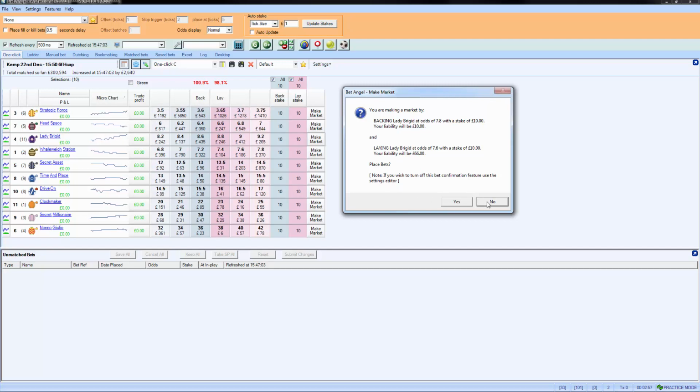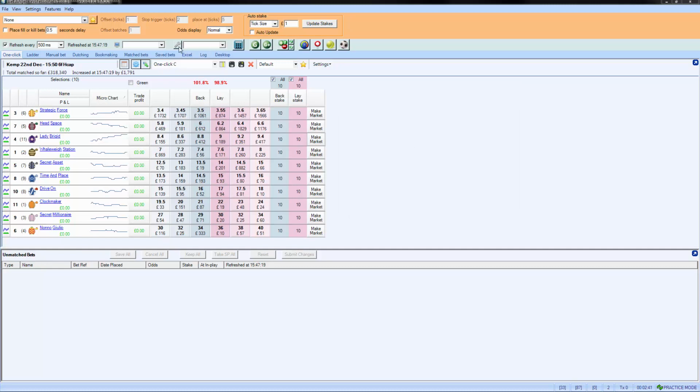So I'm going to say no, I don't want to place those bets at the moment. And you can see here in a note it says if you wish to turn off this bet confirmation feature, use the settings editor. So let's do that. We know what we're doing. We're going to go ahead and place these positions in the market in a second, but we don't want confirmation. So if I say no to that, we go to the settings,